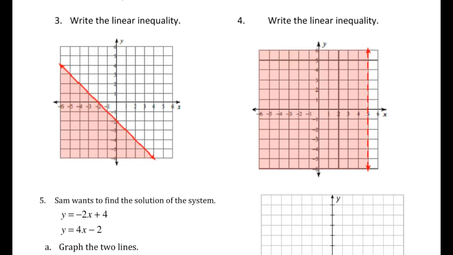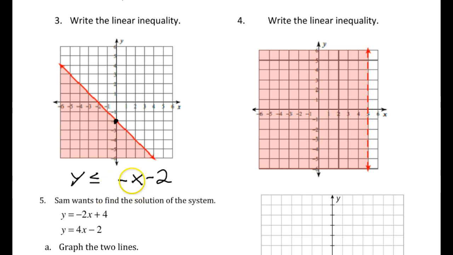On to 3, write the inequality. So what inequality is this if it's solid and shaded below? It's less than or equal to. And then the y-intercept is -2, looking right here. We've got an x. What's the slope here? -1/1, which we usually simplify. We don't write that as a final answer. So your final answer will be